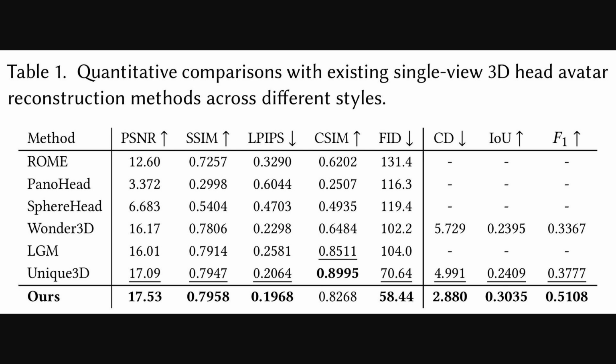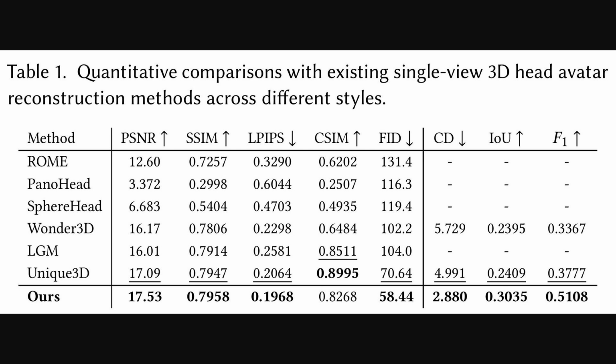This is a metric that assesses how similar images appear to the human eye, and for this, lower scores are better. We also have chamfer distance, often abbreviated CD. This measures the geometric accuracy of the 3D shape, so a lower chamfer distance is preferable. And Fréchet inception distance, or FID. This evaluates the realism of the generated images, with lower values indicating more realistic results. Looking at the hours row, which represents SOAP, it consistently achieves strong scores across most of these metrics, often outperforming